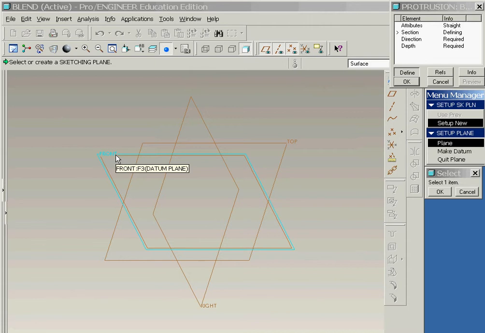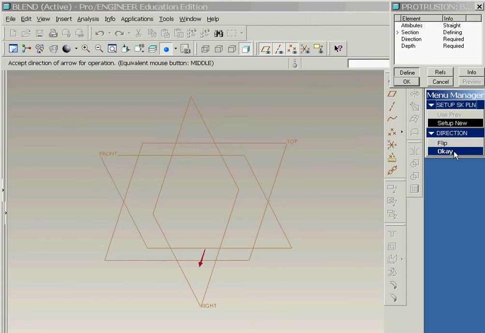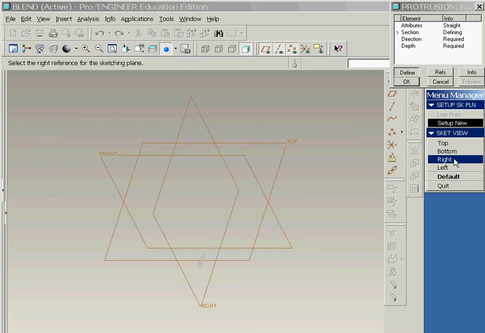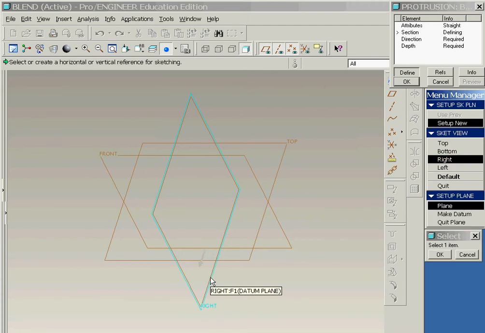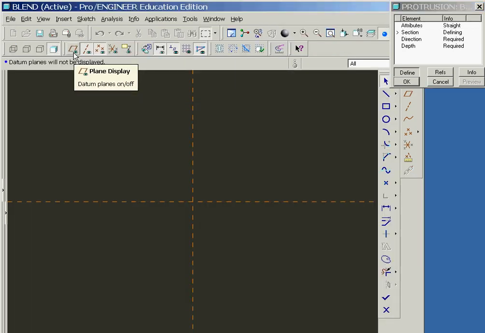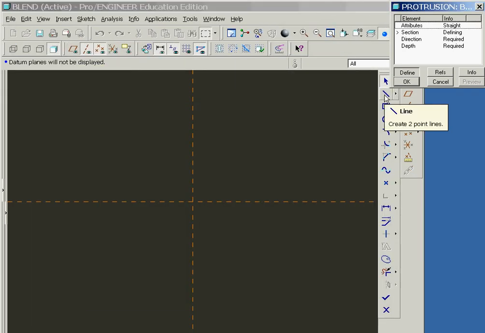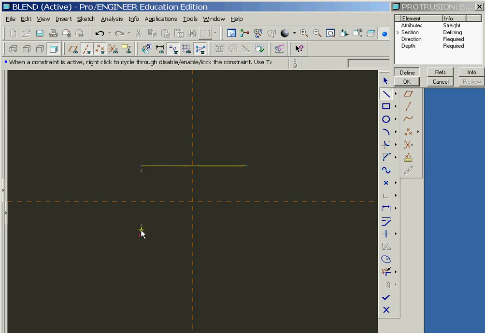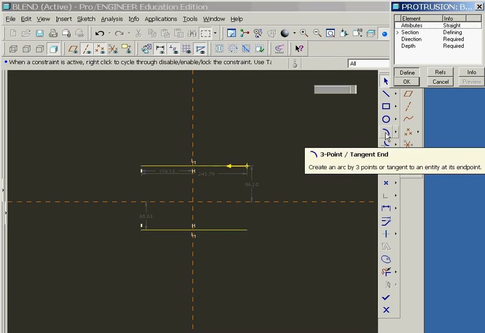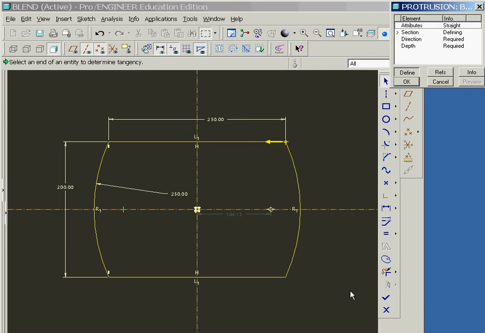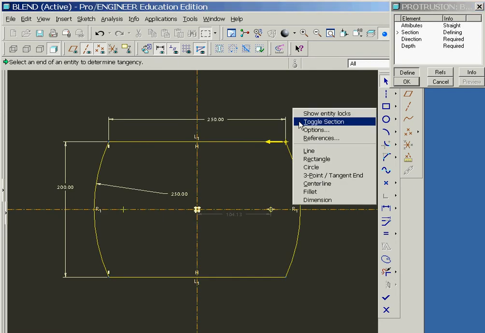And now we'll choose the front datum plane as our sketching plane, followed by the OK option. We'll next select the option Right, and then click on the right datum plane to define our reference plane. After turning the datum planes off, we'll begin sketching our first cross-section. Since we have now completed the sketch of our first cross-section, we'll move on to the next cross-section by clicking